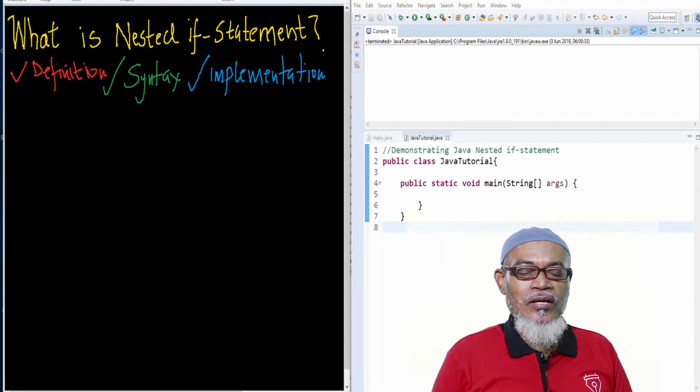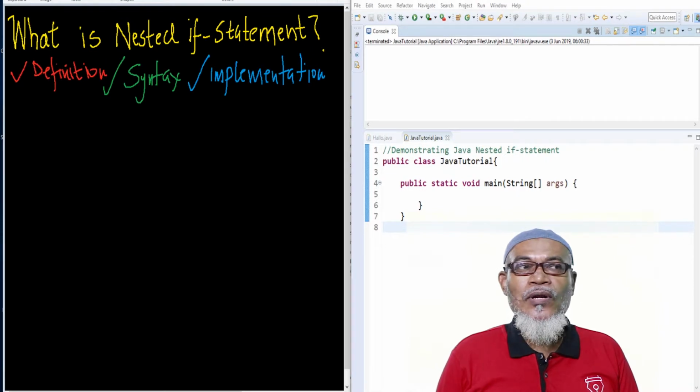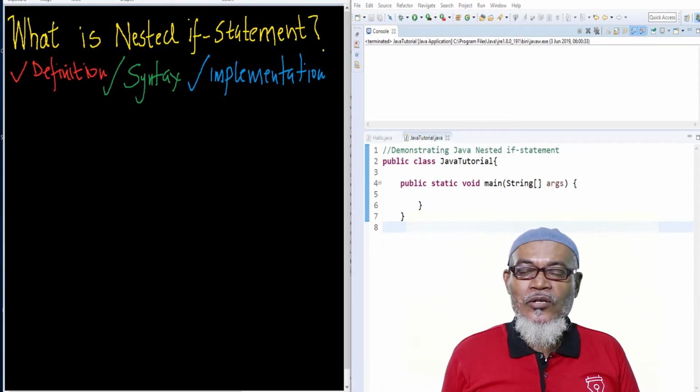In our last lesson, we discussed the if statement. We have seen that an if statement evaluates a Boolean expression, and if it is true, it executes a statement, and if it is false, it exits the if statement. Today we are going to start a whole new topic, where we are going to discuss what a nested if statement is, and on that journey we are going to look at the definition, the syntax and implementation. So let us start with the